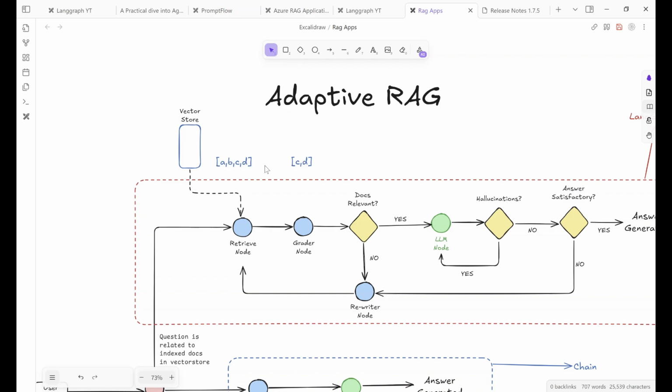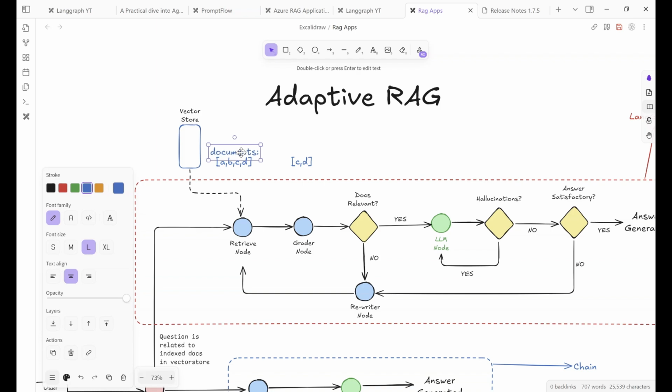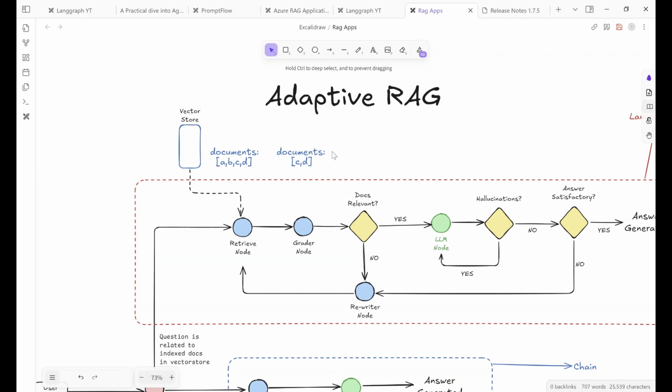I should also write it here. This is the documents key in our state. It used to be this after the retriever node, but after the grader node,